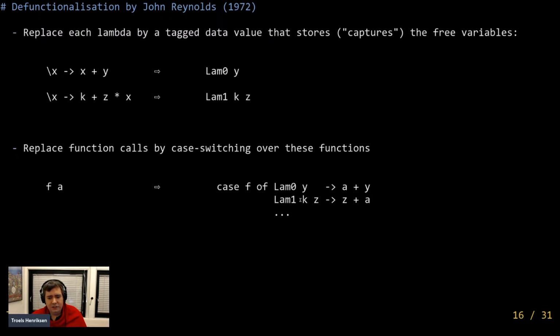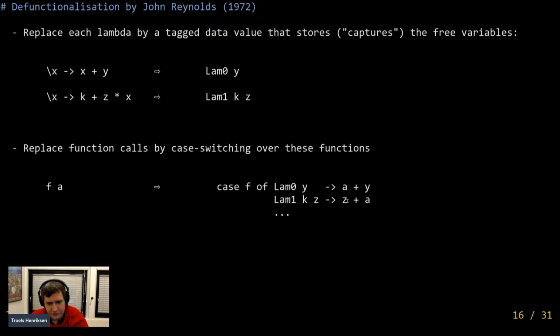Or maybe it's the other function, and you just do that. So every function call becomes a big case, a big control flow where you check which function this actually is. So this helped John Reynolds a lot in 72 because his static analysis technique could cope with branches, because his problem was high order functions, not branches.